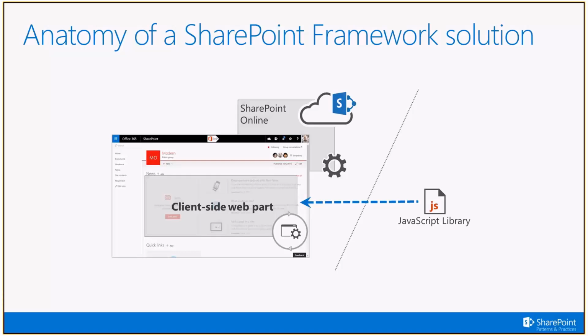The code itself can be hosted in an open, anonymously accessible CDN. It could be hosted in SharePoint Online as well. But the key point from a governance planning perspective is that you actually define that rule. Where do we host the JavaScript library? And if you are using whatever third-party libraries, which of the libraries are supported, or from where are those libraries referenced? Because you probably don't want to just randomly reference random JavaScript files all over the internet,